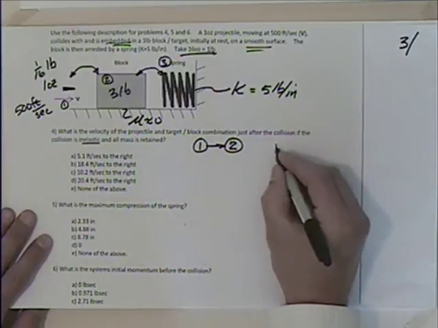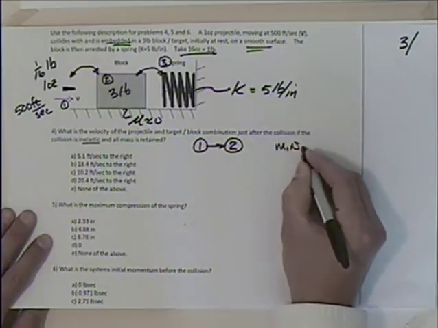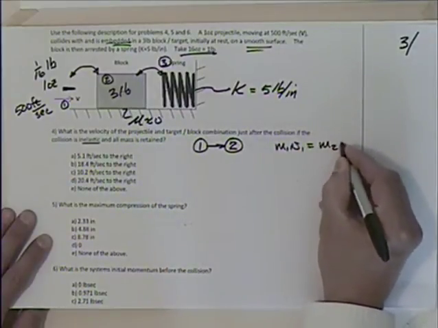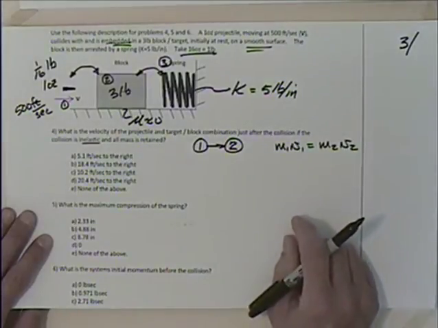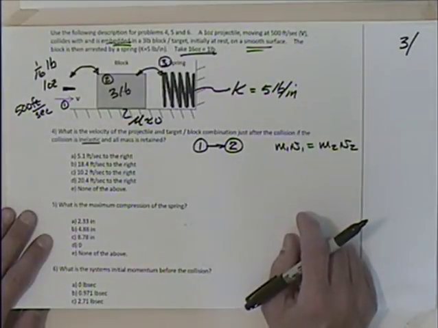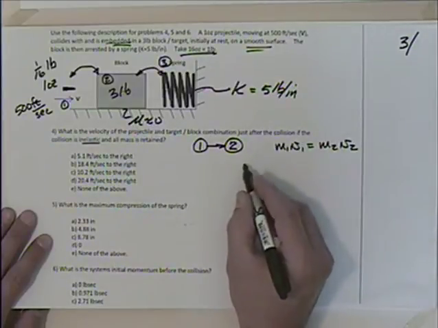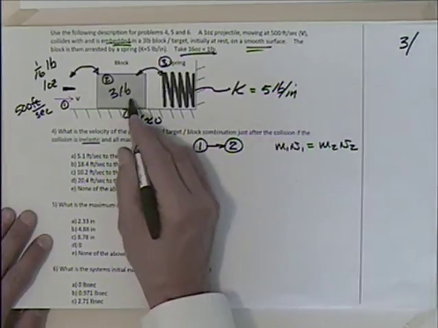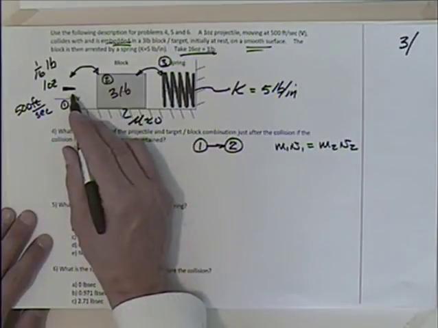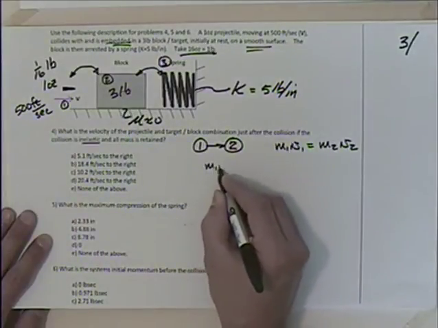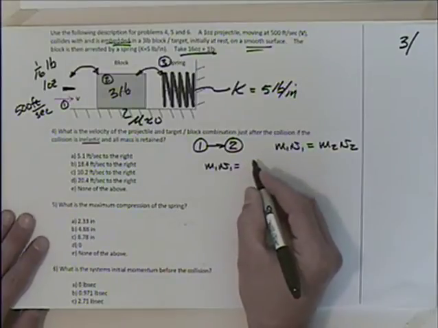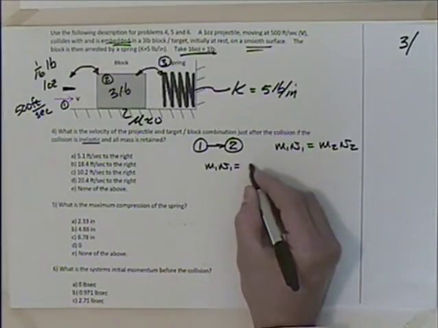Okay, so we're going to say that M1 V1 is equal to M2 V2. We have conservation of momentum. So if I look at M1, this block is resting, so I could say that there's no momentum here. The only momentum I have is in the projectile. So M1 V1 would simply be equal to, what, a